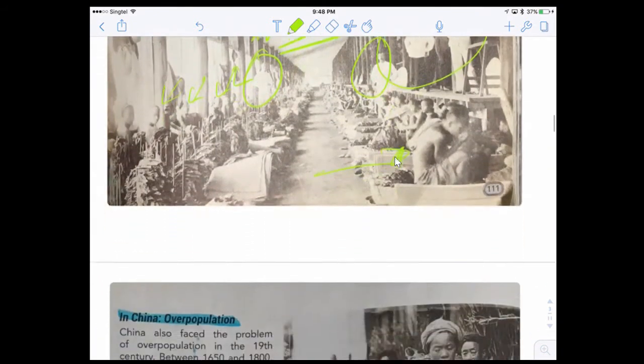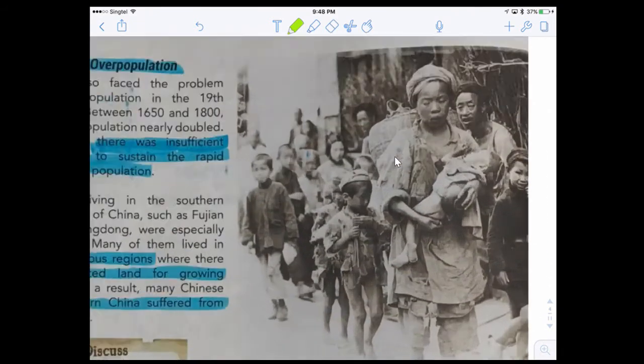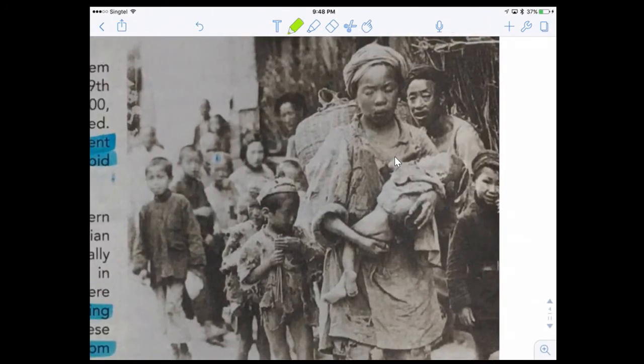Next case study is in China. Look at this picture here. From this picture, I can really tell that people's life were not that good. Look at their clothes. Their clothes look torn, tattered. They look like they haven't changed clothes for days. Look at this man's expression. He looks sad, right? But what can you notice here? This lady here, she has a family. And how many kids do you think she has? Who are her kids if you look closely?